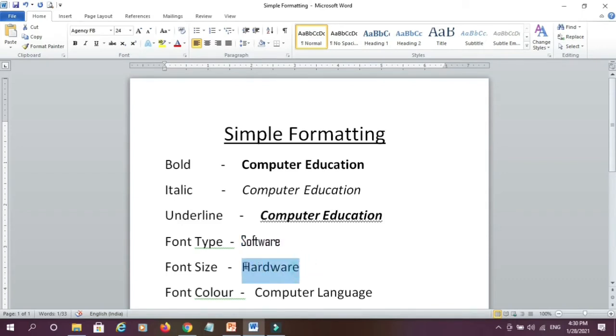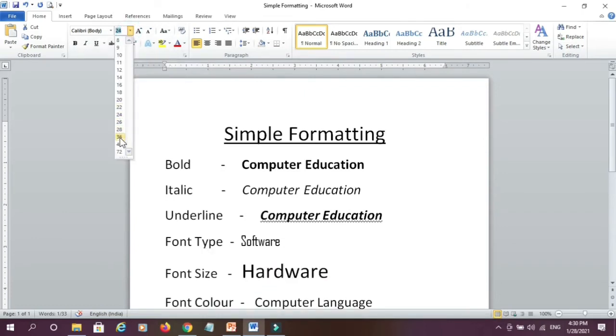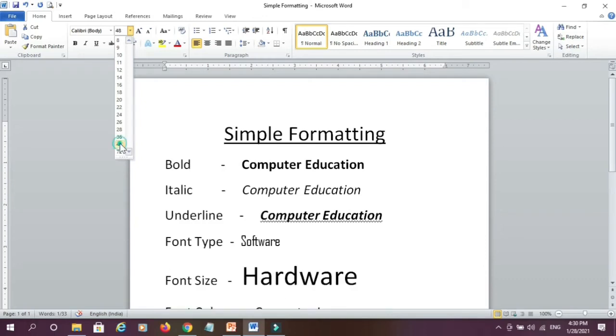If I want to change my font size, see, I go to the font size button and I select any one of the font sizes, and you can see here my text becomes of that size.